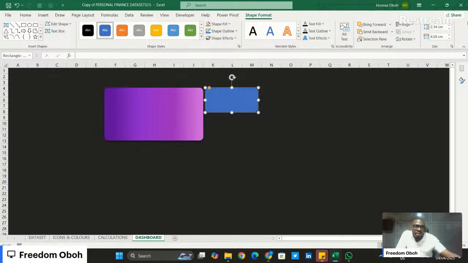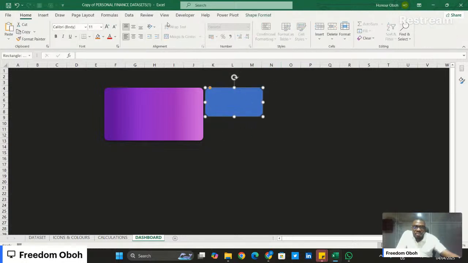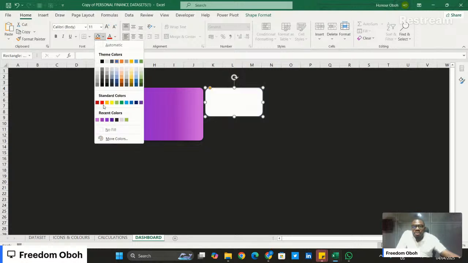Income we use on 3.9. So this will be using the dark,